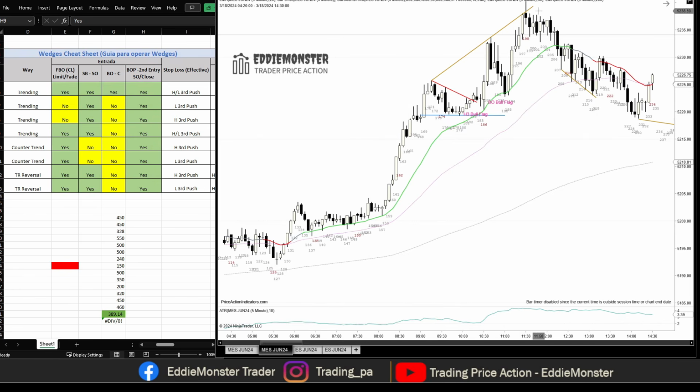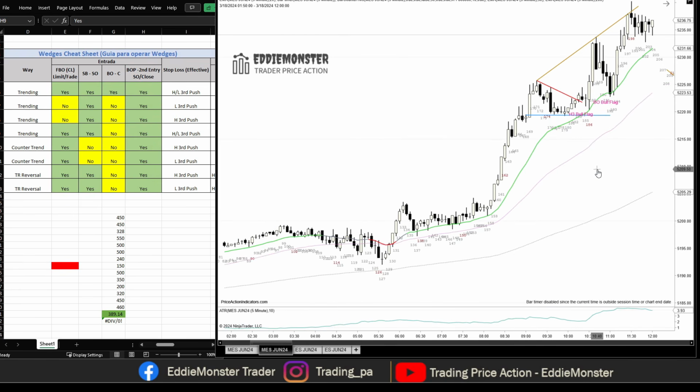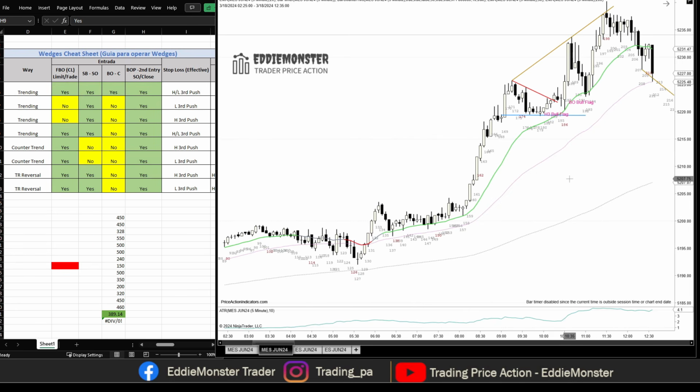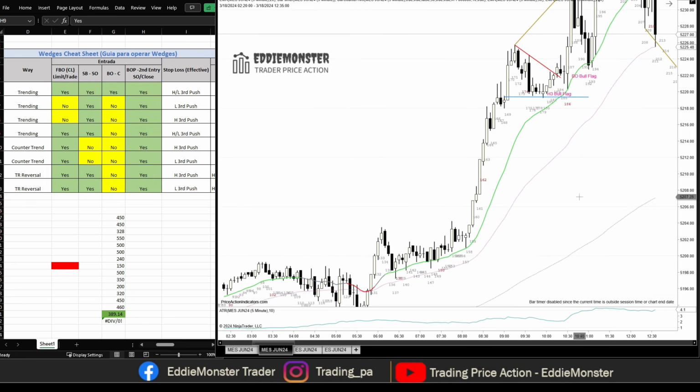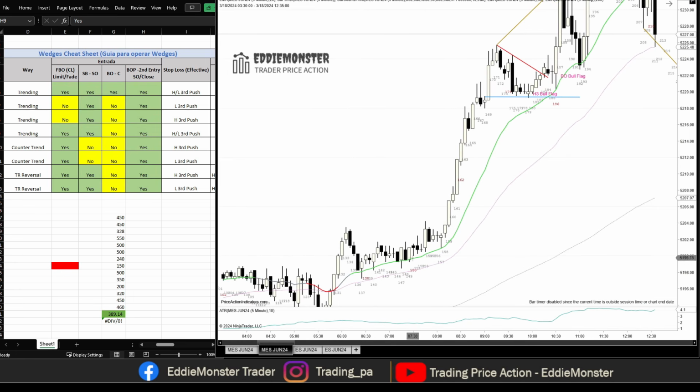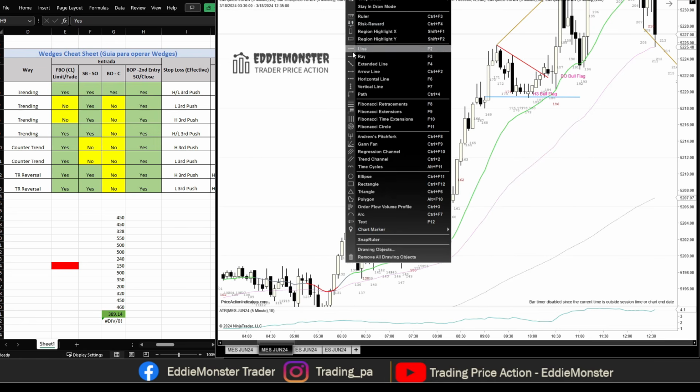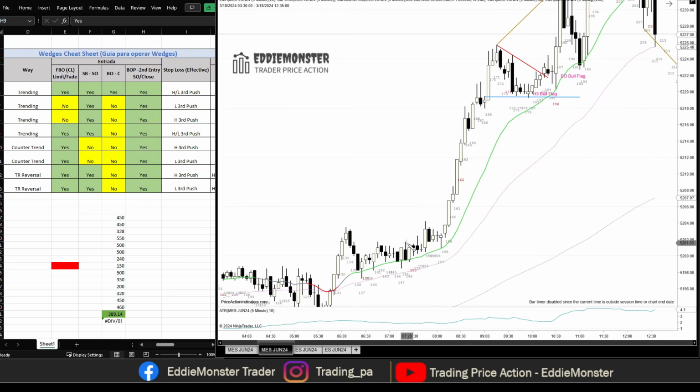It's a wedge top and then reverts. Looking for a failed wedge. Oh, look at this. One, pullback, two, pullback, three. So this is a wedge,